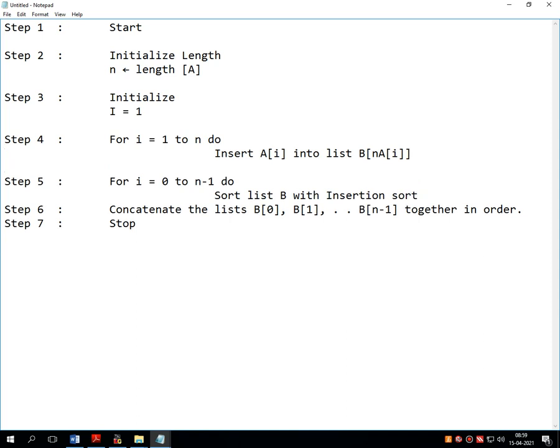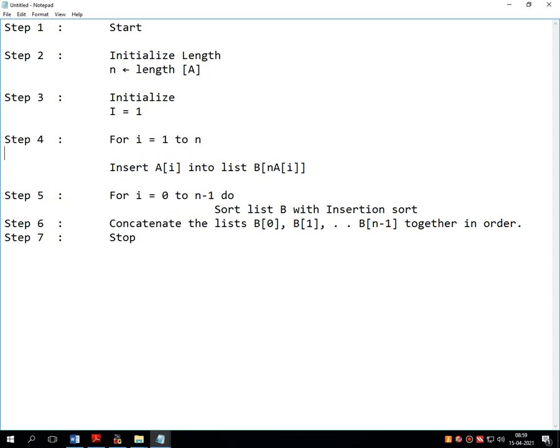Step number 4 is for every bucket, starting from the first value to the last value, insert that particular value into the appropriate bucket.